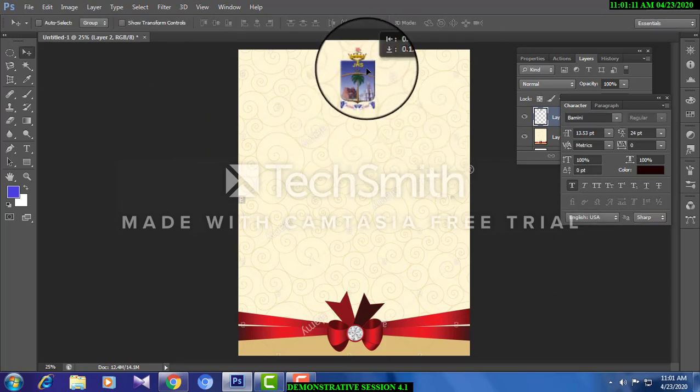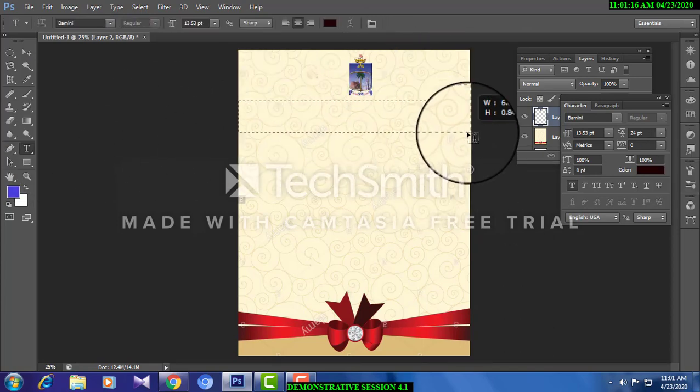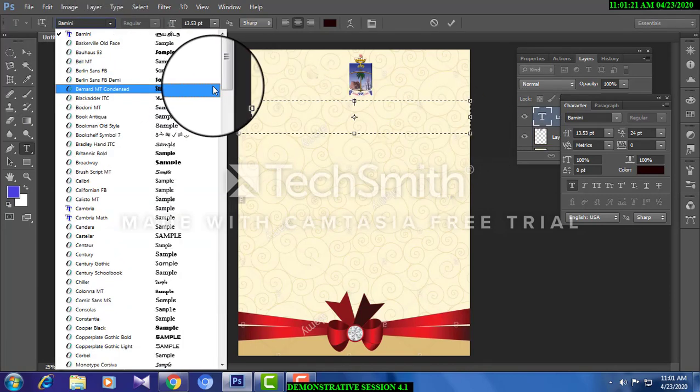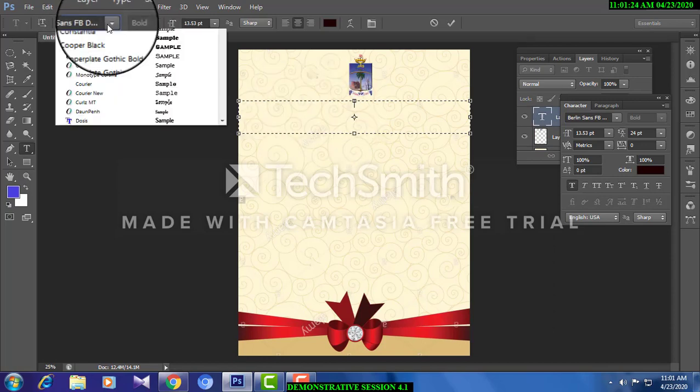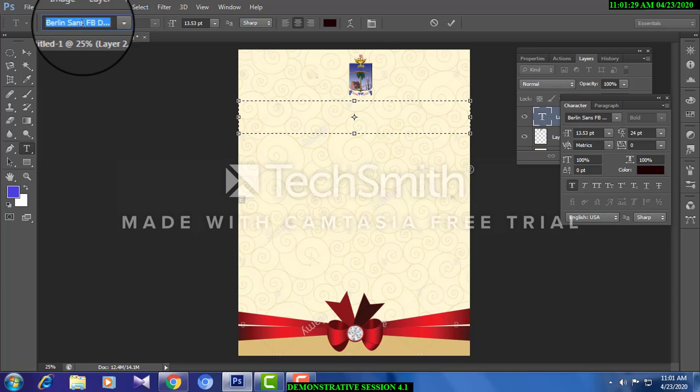Now a simple, without any text I'm just giving. You just make sure you put all text properly. Now St. Joseph's College Trichy, I'm choosing my favorite font. You can choose your own font. It should be a formal invitation, so use formal fonts. See, it depends. For example, if you are doing it for parties or something like that, you can go for non-formal fonts. St. Joseph's College Autonomous.